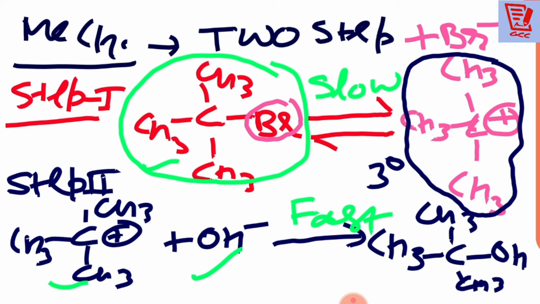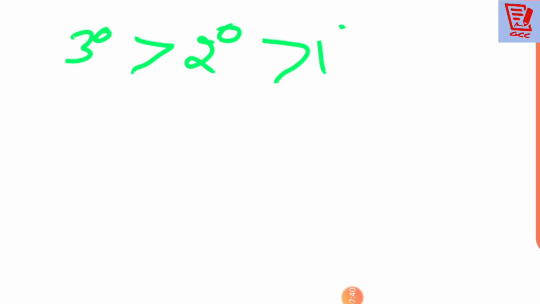And one more answer you might be looking for, why we have used a tertiary alkyl halide in the starting. Because in the mechanism there is a formation of carbocation, and we know very well that tertiary carbocation is more stable than secondary, which is more stable than primary. Is that clear to all of you?